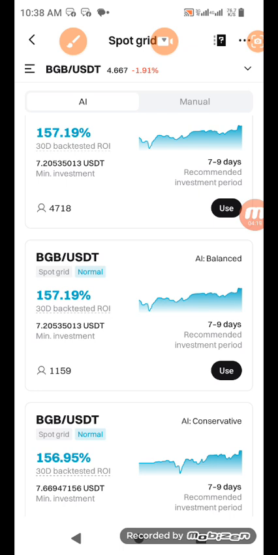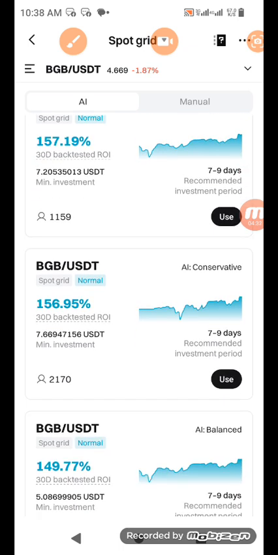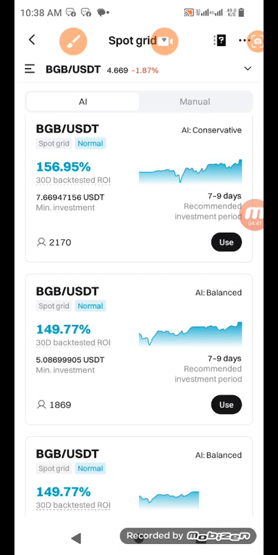Then while you use the aggressive form, it has higher return, but the risk is also there. But I'm going to use that aggressive to show you how it works. Now, what I'm going to do is search for the one, then they will have copy traders. That's the 4th one. Copy traders are experts in trading whose trades you want to copy and use. But I'm not going to use that.